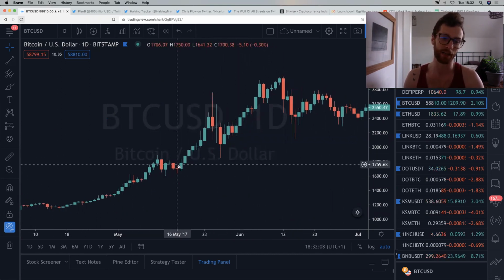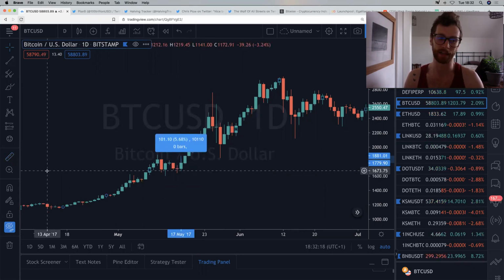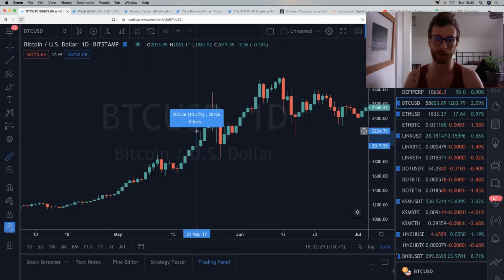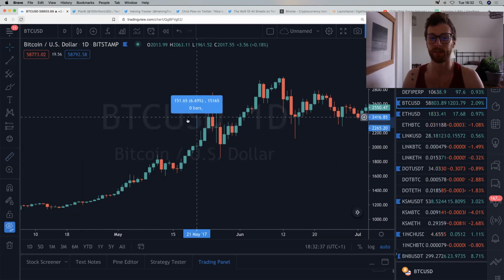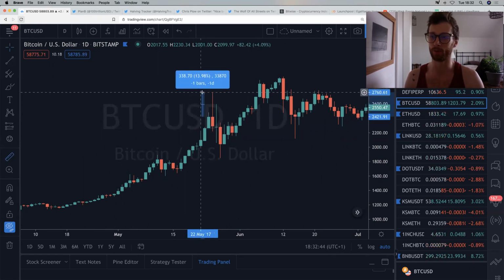This is that correction I was talking about, that 15%, which looks very similar to the 18% that we just had. And as we recovered from that correction, if we look at the price action, as we started to make new all-time highs again, this daily candle was 5.5%. This one was 4%. This one wicked up, it was over 10% on the day. This one was 8%, 6.5%,